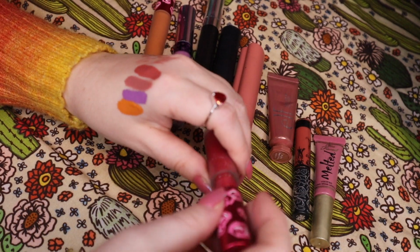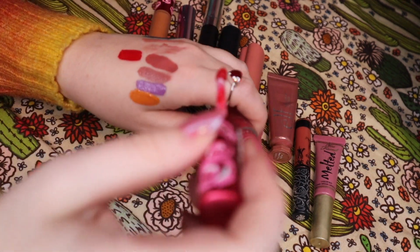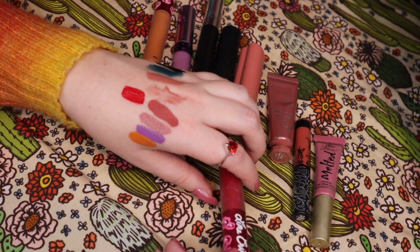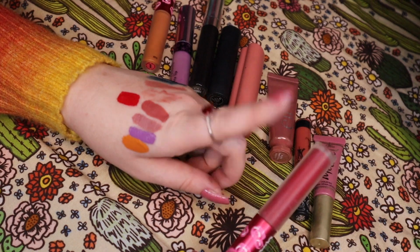I mentioned when I tried on all my red lipsticks that this was almost like too good. Like it was weird that it wasn't stinky. But I think now it actually has crossed the threshold of being stinky. And just the fact that it's so old, it's like 7 years old. I don't know what kind of bacteria is being harbored in this, and I just don't want to keep it